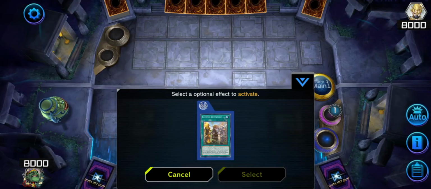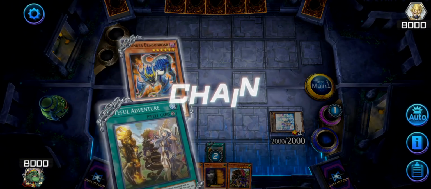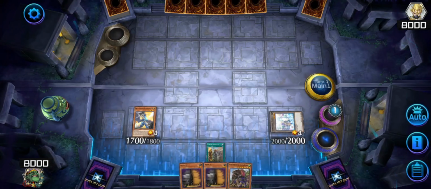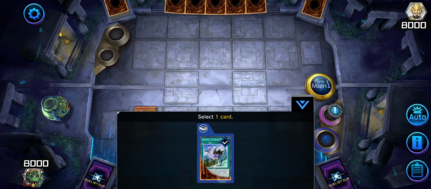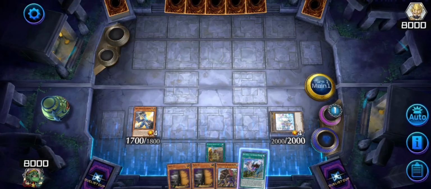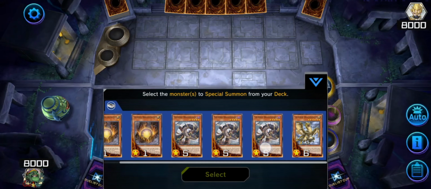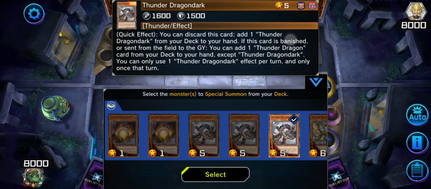Okay. We're also going to activate Fateful Adventure to get Draco back in the hand, more so to thin the deck out. We don't really need Draco back. And that's it for this chain link. We're also going to use Wandering Griffin Rider as an extender because it's Winged Beast, so we can actually make Romulus using it. So from here, I believe we want to get,